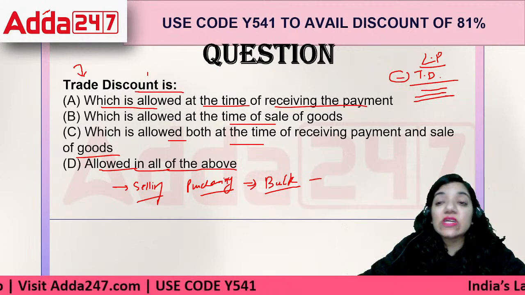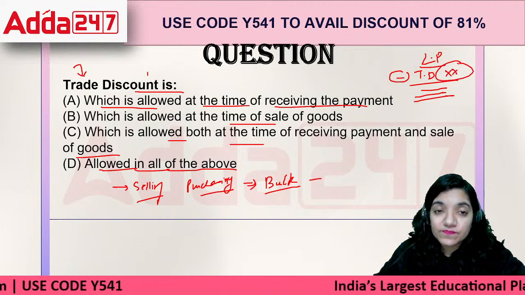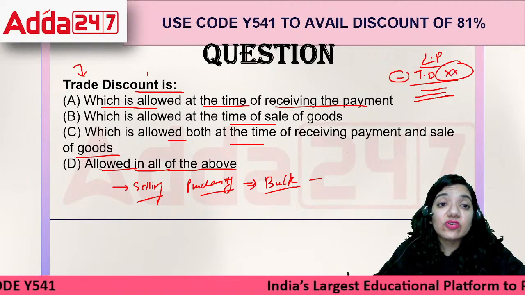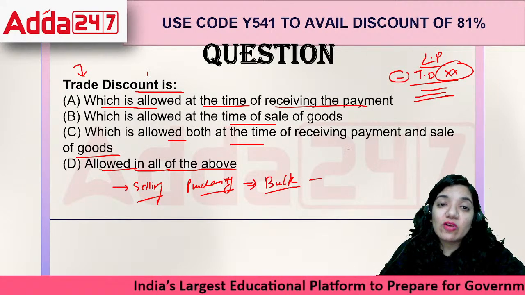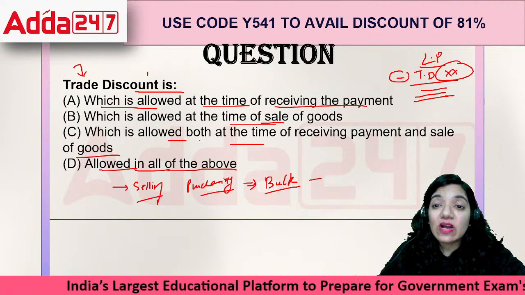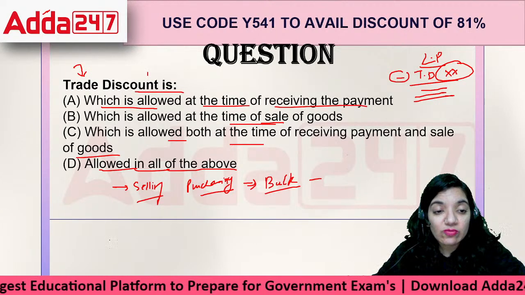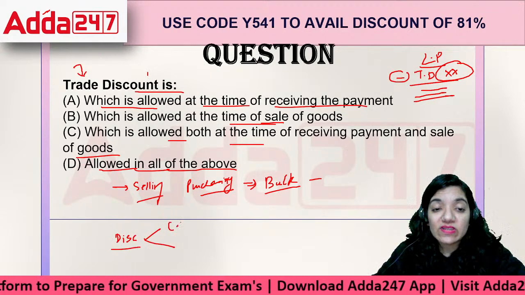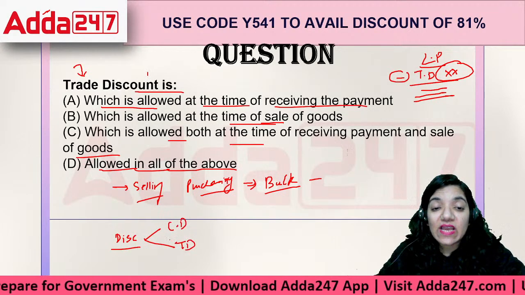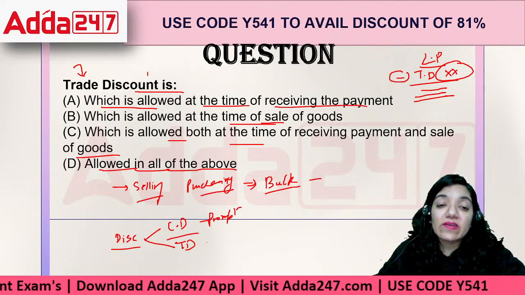The trade discount is something which is taken here, right? So which is allowed at the time of receiving the payment? No. Which is allowed at the time of sale of goods? Which is allowed at both the receiving of payment? See, when we talk about discount, there are actually two kinds. If I have to define the discount now, there are two types of discount. One is CD and one is TD. Cash discount is given when you make a prompt payment, and trade discount is given